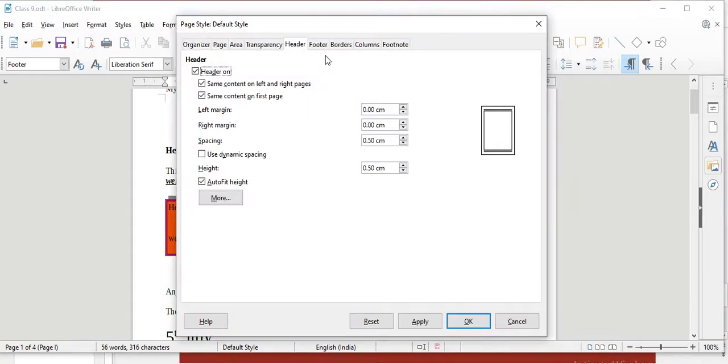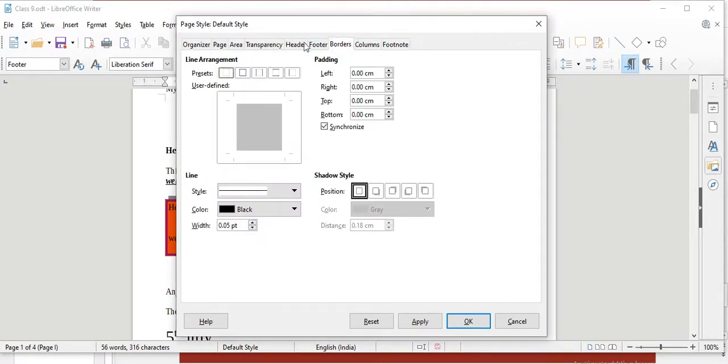in this default size you will see the border options after your footer. Click on this. In presets you will see the different types of borders are there. Select whichever you want. If you want to have the shadow style, you can select that.